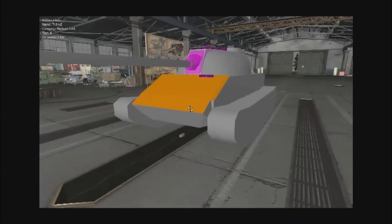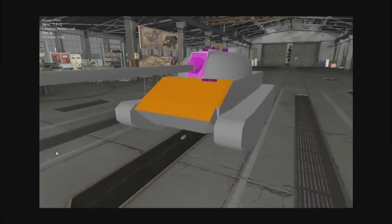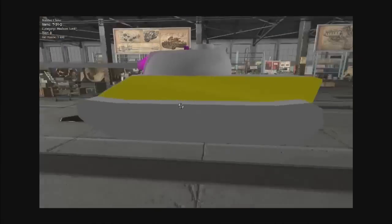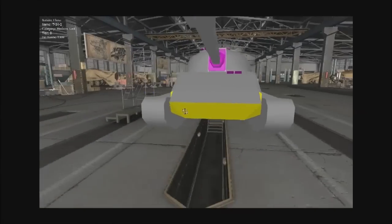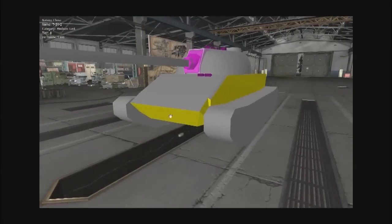It really doesn't have that great of a slope. I definitely should not rely on this to bounce shots. You'll get a few lucky bounces here and there, but definitely don't rely on it. 45 millimeters for the rest of the hull, pretty much. Lower plate, anything that shoots you there will go through because its angle's really garbage, and it's only 45 millimeters